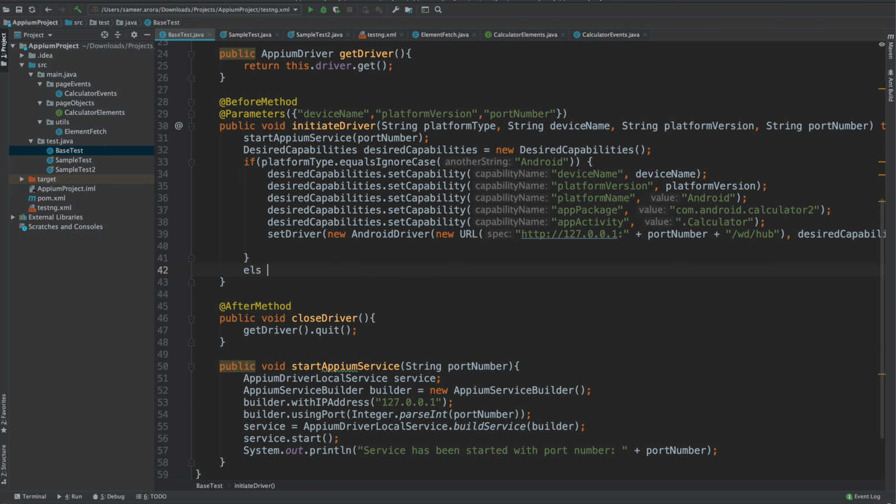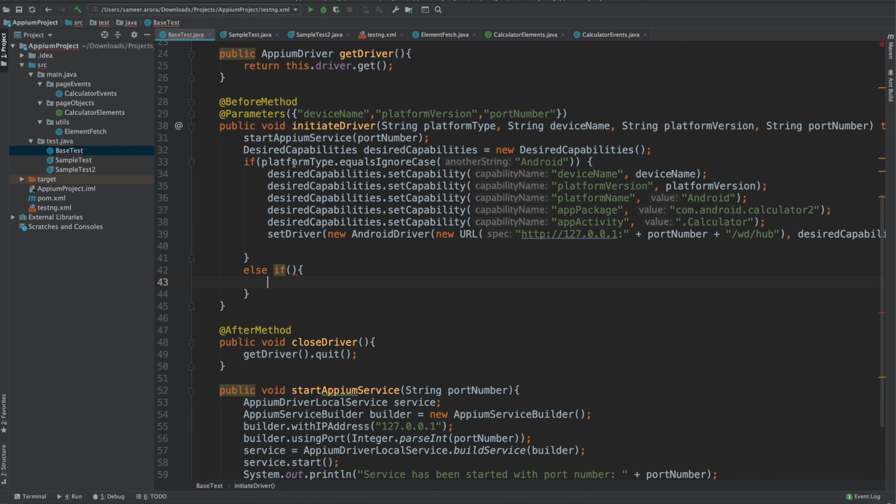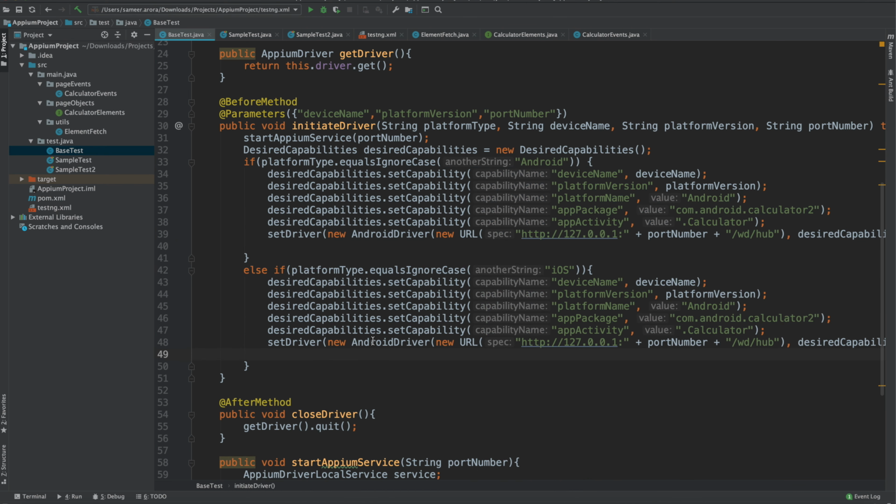Else if this platform type is iOS, then you can set the capabilities accordingly. However, this set driver needs to be changed. It should be iOS driver here as you are running the script on iOS. And then you can add the device name here, the platform version and the platform name as well. And on the iOS we usually have the bundle ID, so instead of the app package or the app activity, you can write the bundle ID here.